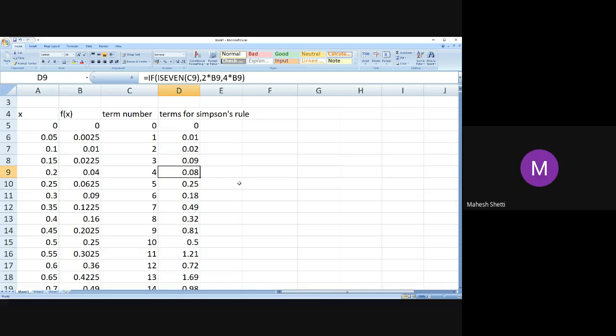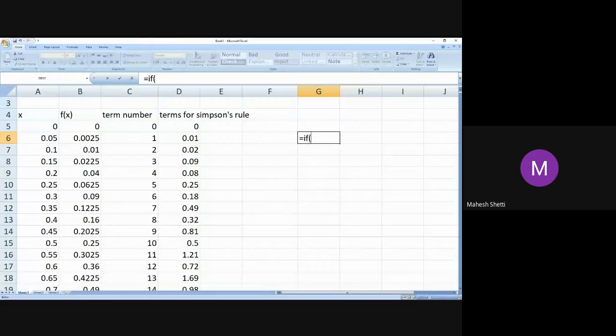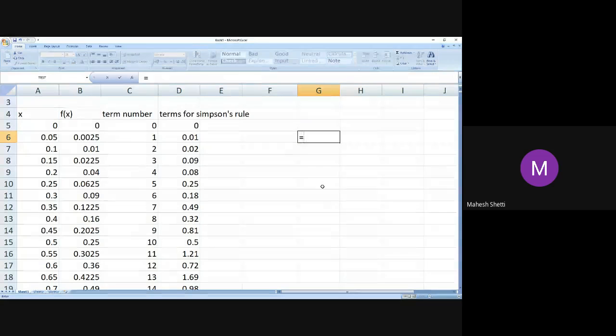Yes. Sir, can you please show the rule once, like the formula? Okay, whenever you want to check any formula, you press equal to IF, and then it will tell you the condition here. After IF you first put the logical test, then a comma, then the value you want in that cell if the condition is true, comma, then the value you want if the logical test is false. So that is the syntax for the IF function.